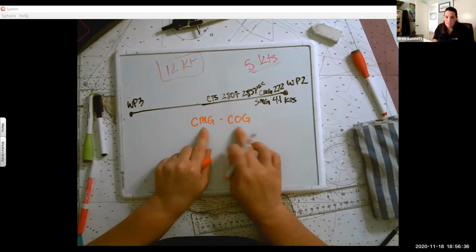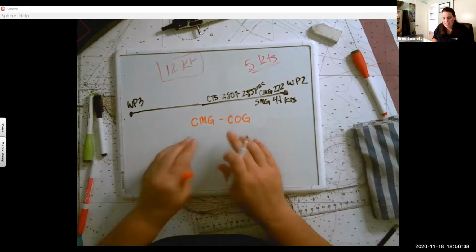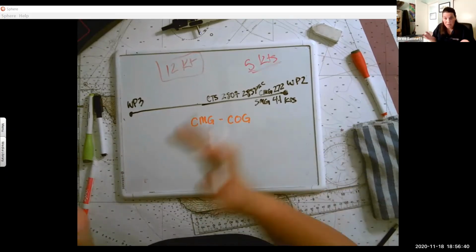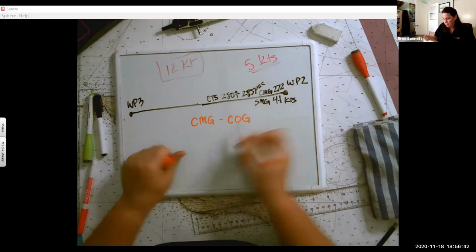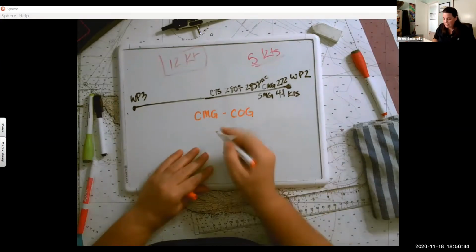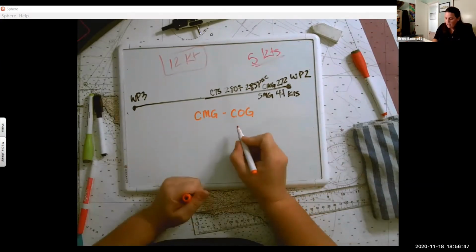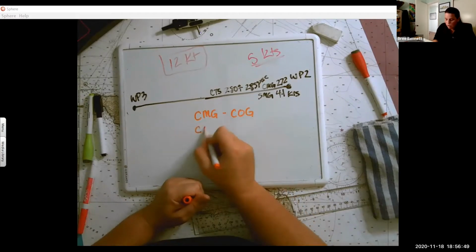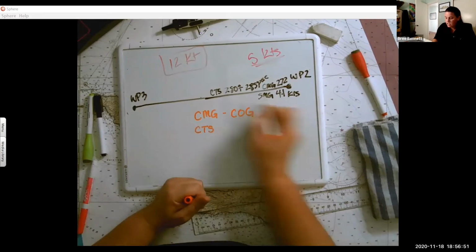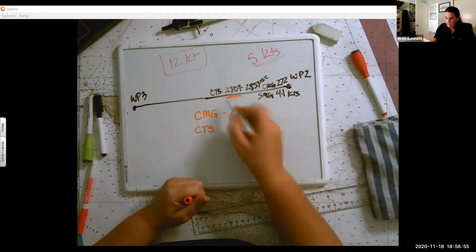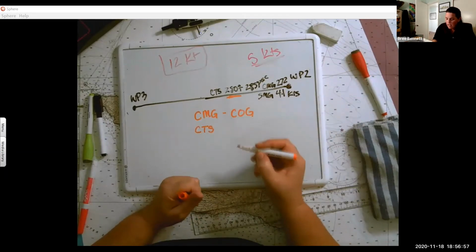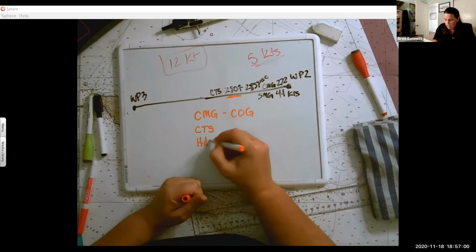Different GPSs will call it different things, and then you'll just go with whatever that is. That's how I've seen it a lot. And then you have your course to steer. So that's generally our course to steer, right? We have 280 was our course to steer. And then we have our heading, which can